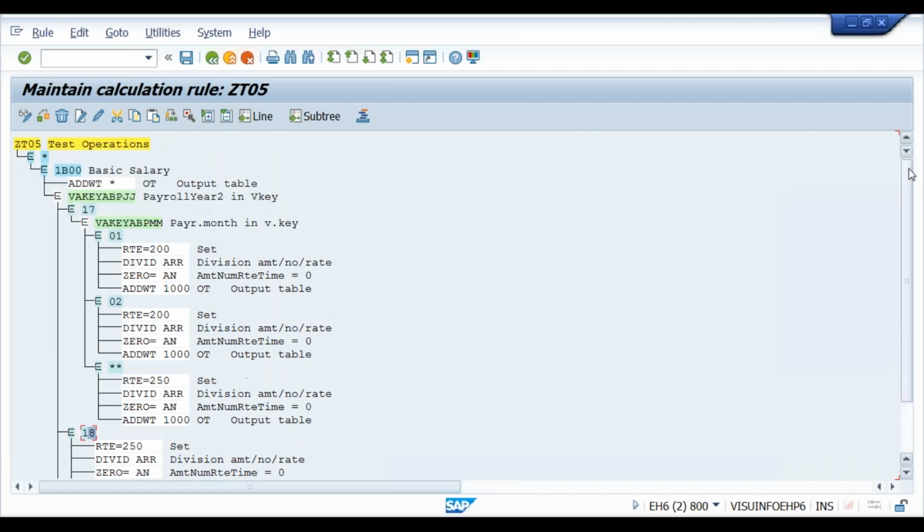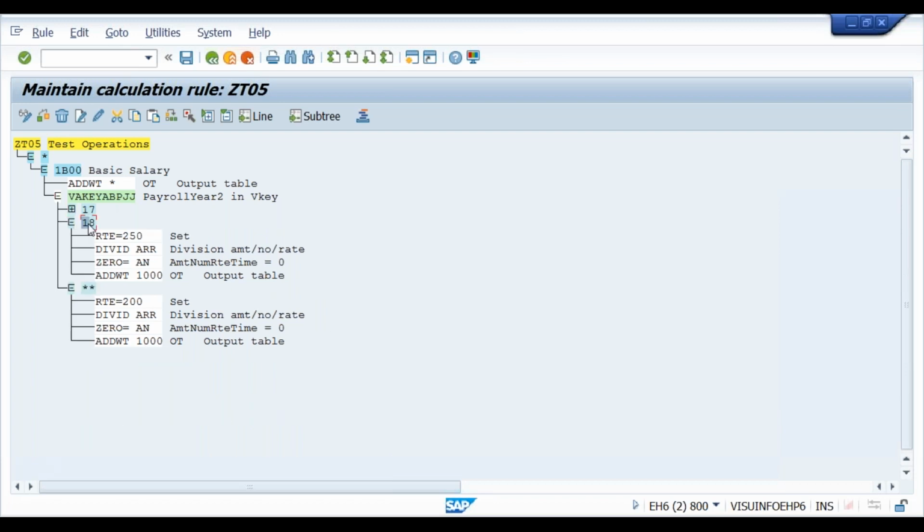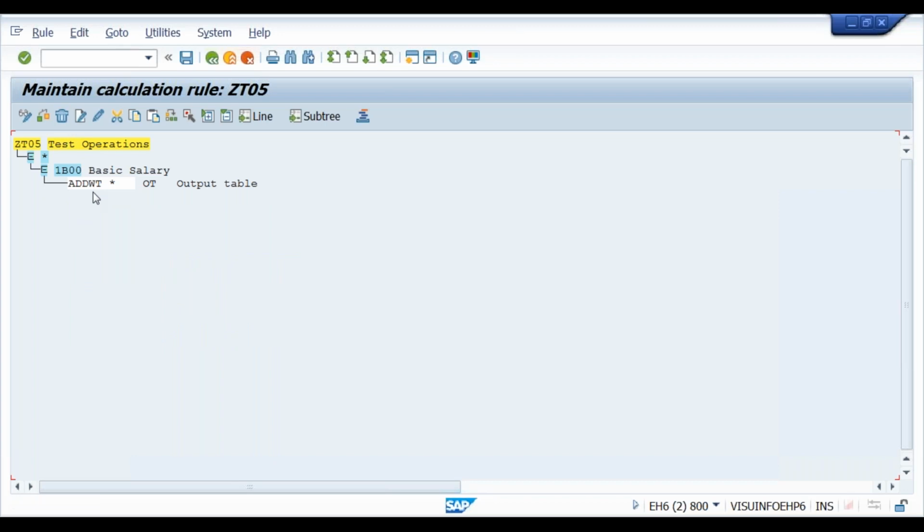So the VAKEY operation is not the right operation to delimit the PCRs. Clear? Because if this is the case, it worked for 2017, it worked for 2018. But what about 2019? It will go here. 2016, again it will go here. So you can add 19 again, 20 again, 21 again. Continuously every year you need to add the current year. So let's learn a new operation. VAKEY is not used for the delimitations.